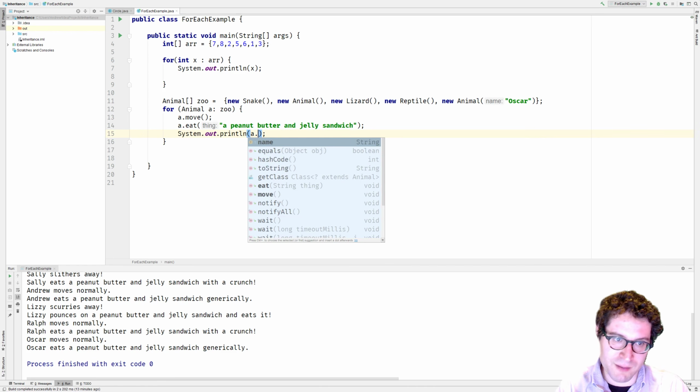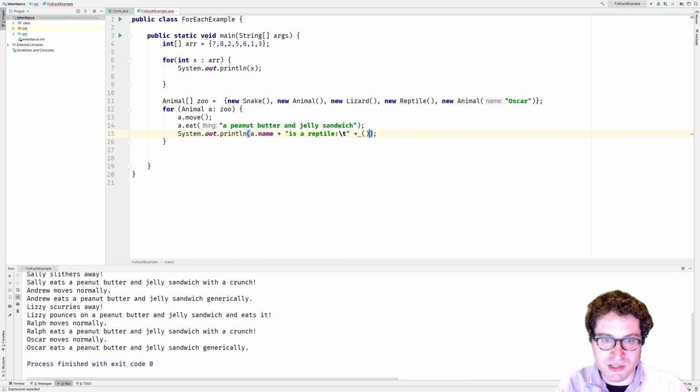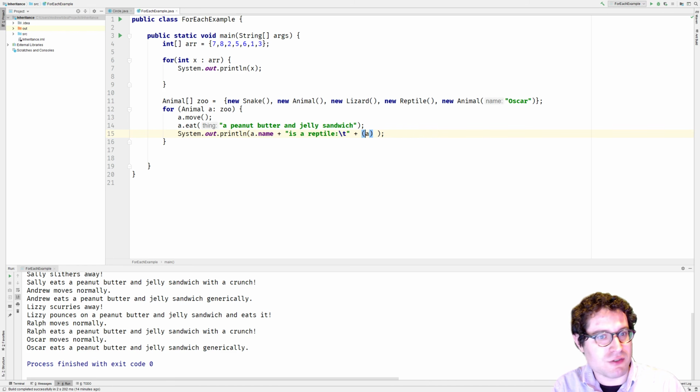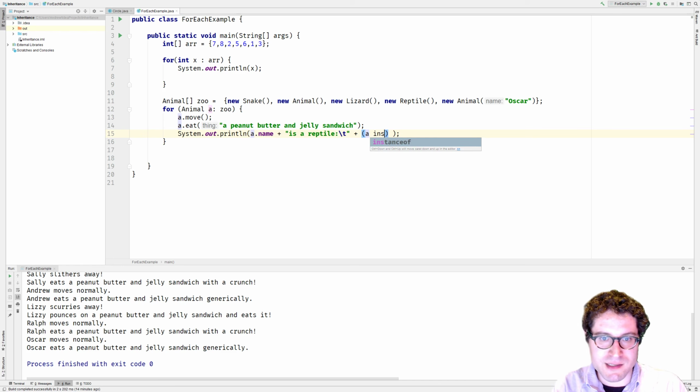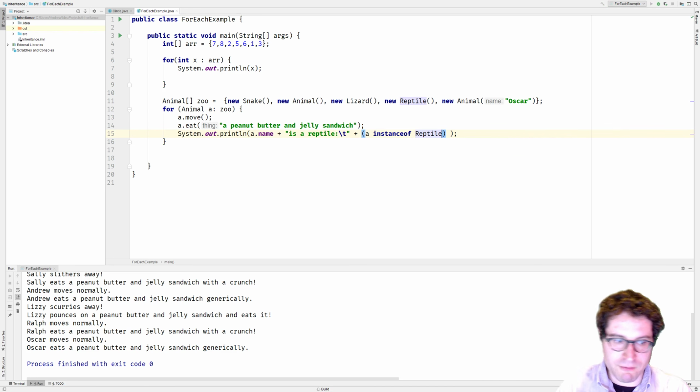So let's go ahead and say animal a.name plus " is a", let's go ahead and test for reptile. "Is a reptile", and then we'll do \t, and now we'll do an instanceof statement right over here. I put it in parentheses, by the way, so that we wouldn't do string concatenation too early. So a instanceof, it's just one big keyword, and then we put a class name in. So now we run it, and it prints out